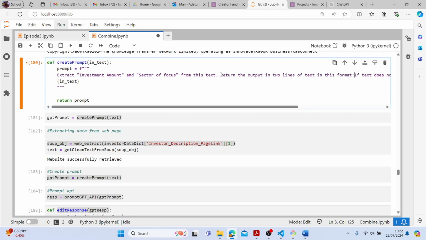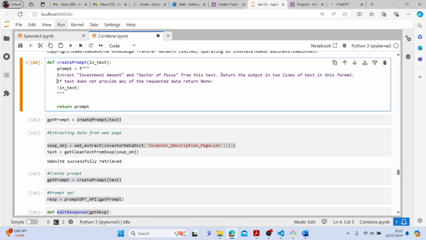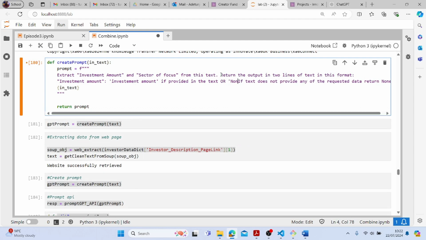Let's see, we want the investment amount, which is going to be the investment amount if provided in the text, right? Or return none